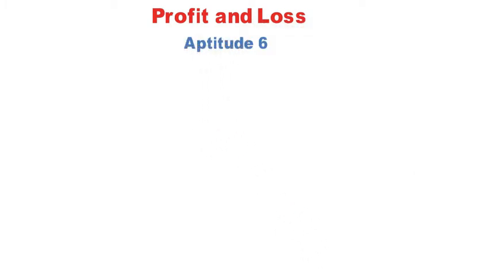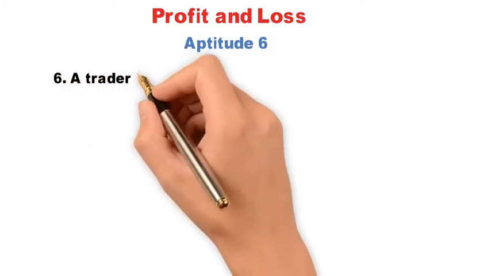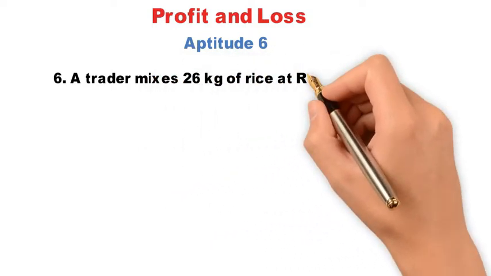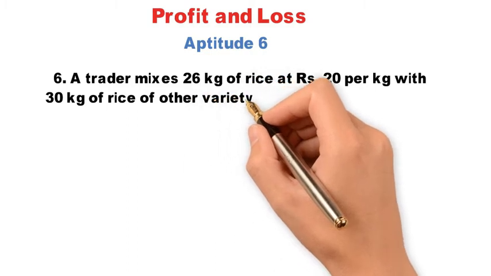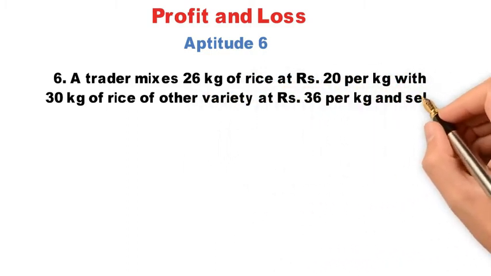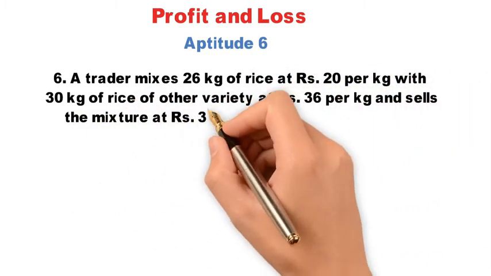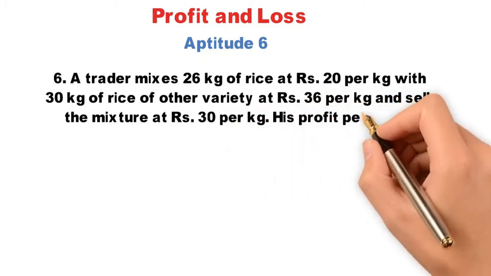Aptitude 6. A trader mixes 26 kilograms of rice at Rs 20 per kilogram with 30 kilograms of rice of other variety at Rs 36 per kilogram, and sells the mixture at Rs 30 per kilogram. His profit percent is: